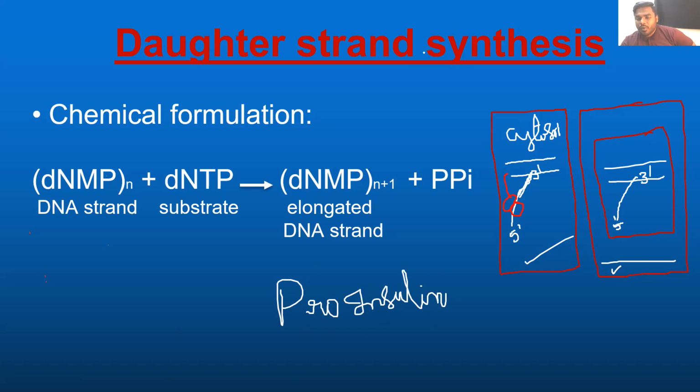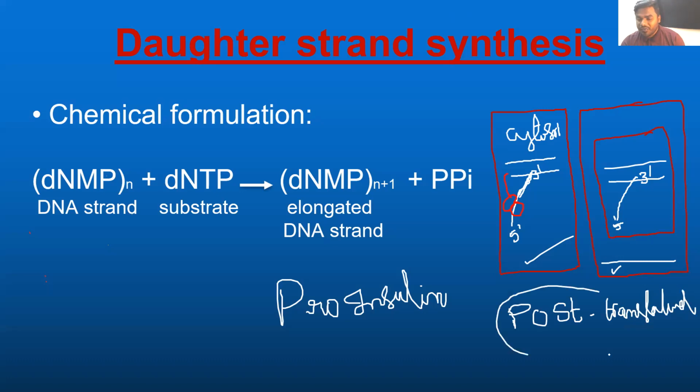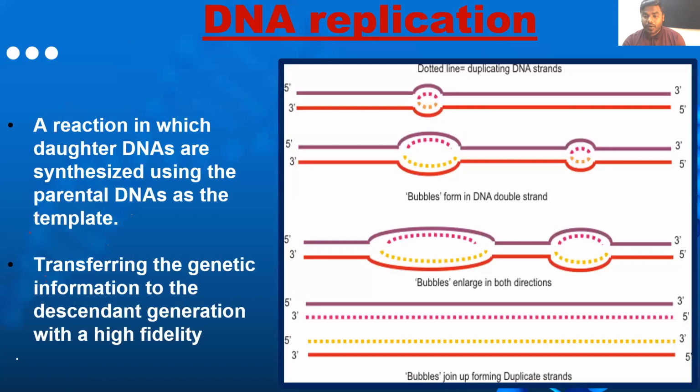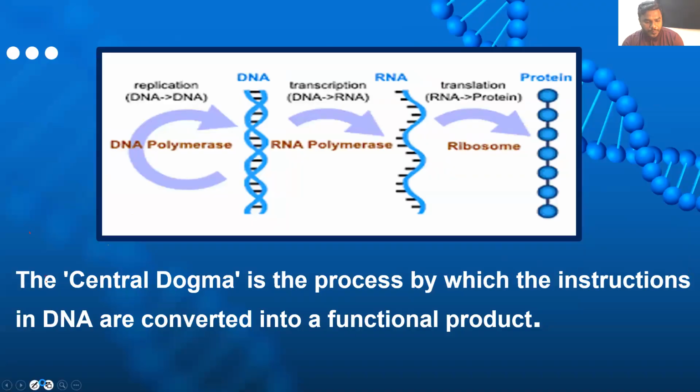If the protein has to be modified, certain modifications have to occur. Where are those modifications occurring? Of course, in the cytosol only, whether it is a prokaryotic organism or a eukaryotic organism, doesn't matter. The process is called post translational modification. Now you can ask me, sir, why do you call it post translational? Because the modification is happening after the translation. That is the reason. Now all of you listen, I'll summarize everything for all of you.